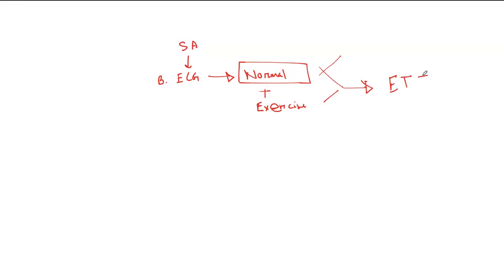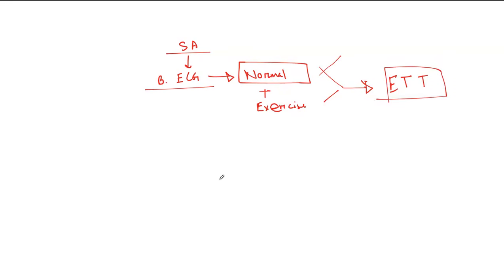We did an ECG, which is a baseline ECG, and the baseline ECG was normal. Okay, so now we want to do a stress test. If the baseline ECG is normal plus the patient can exercise, excuse me for my handwriting, in that case, we can go for exercise tolerance test, which is a stress test. So stable angina, baseline ECG was normal, and in that case, we want to stress the patient. So we will find out the ECG is normal, the patient is able to exercise, so we send the patient for exercise tolerance